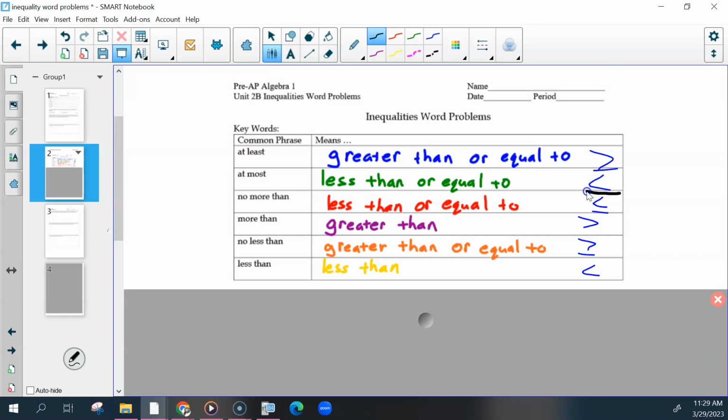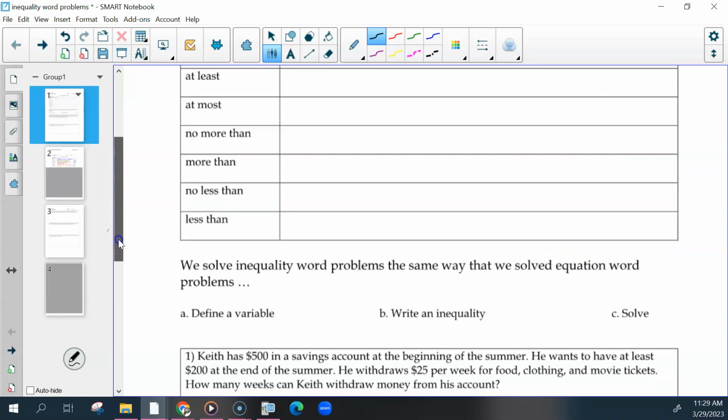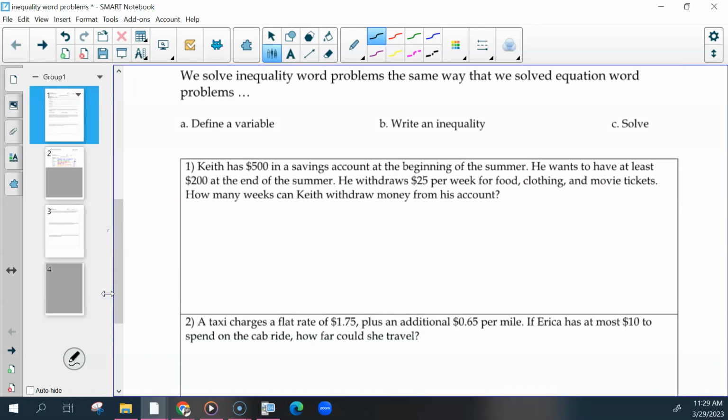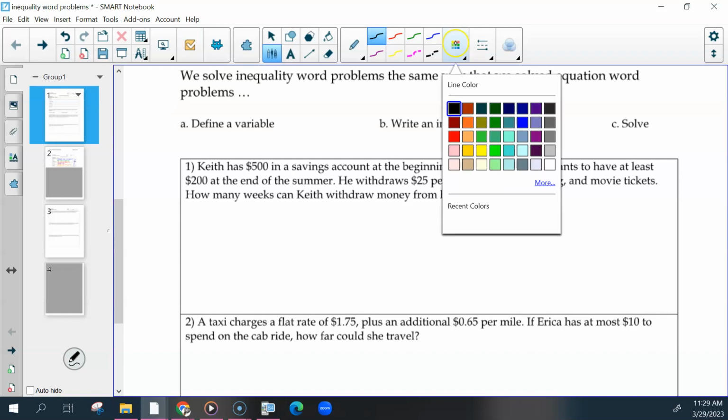Going to start with the first example. What's nice about these word problems, and I know we just did word problems with systems and did word problems a while back, the process is the same. Look for important information, define your variable, set up your inequalities, solve. So in this first one,